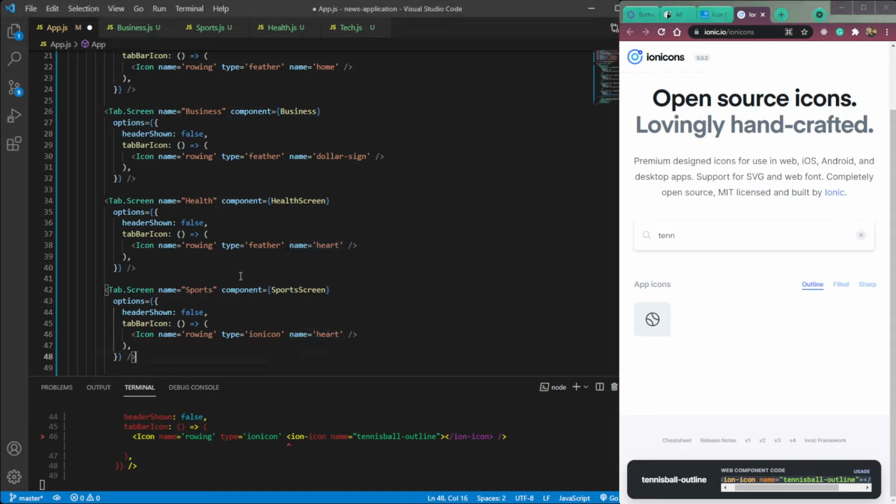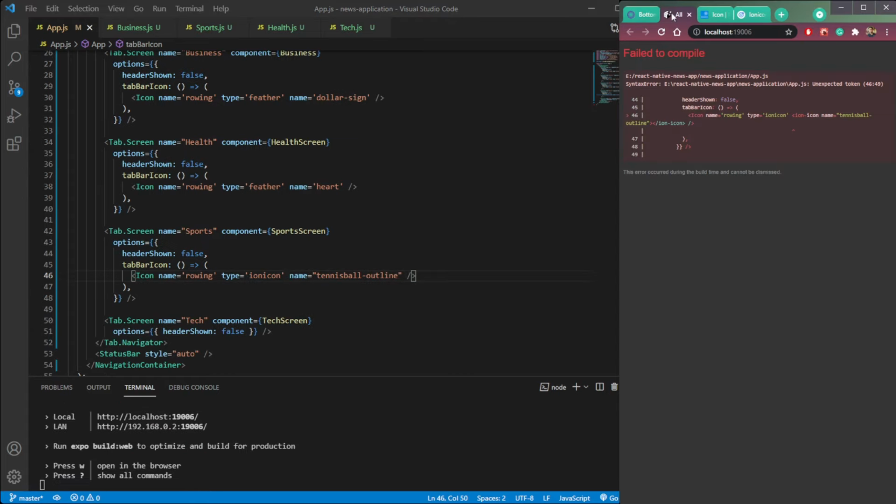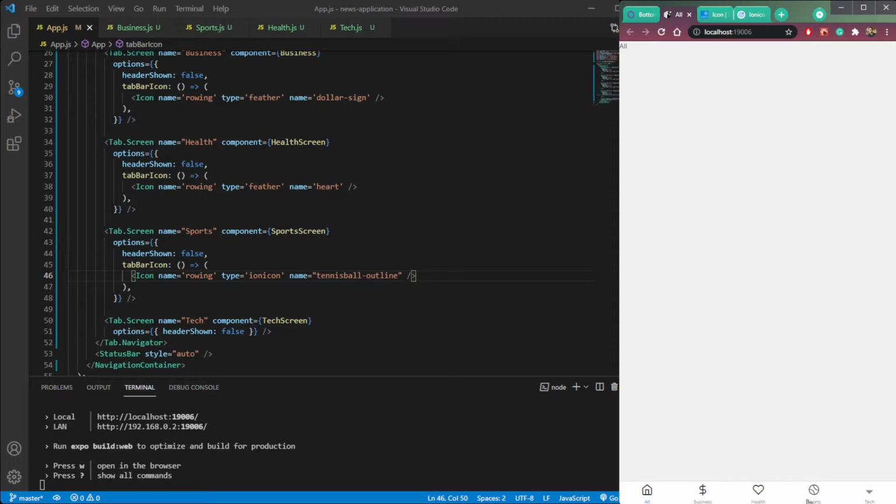We just need the name, so copy the name from here, then close it, and it replaces the name from heart to tennis ball outline. Save the file, and you can see we have the tennis ball icon in the sports.